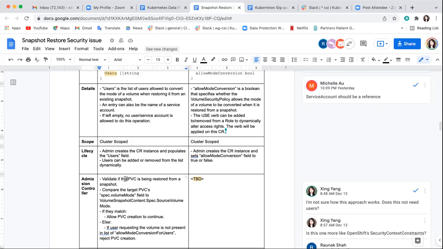Because if you change it, then a user who can restore snapshots can try to restore it and do bad things. But you're gating this ability on the right to write to that volume snapshot content. Users don't have permissions to write volume snapshot contents. So they wouldn't be allowed to, so nobody would be allowed to do this.